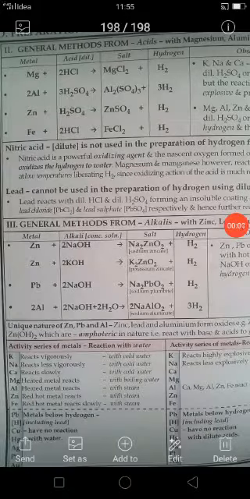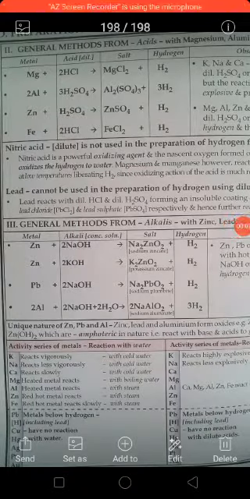Hello everyone. So the next part of this preparation is the preparation of hydrogen by using dilute acids like HCl and H2SO4, hydrochloric acid and sulfuric acid. We already discussed that we will be using only HCl and sulfuric acid for the lab preparation of